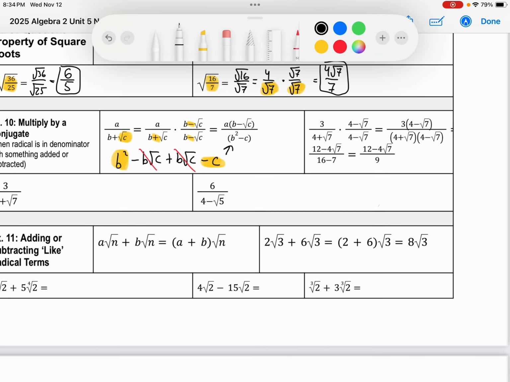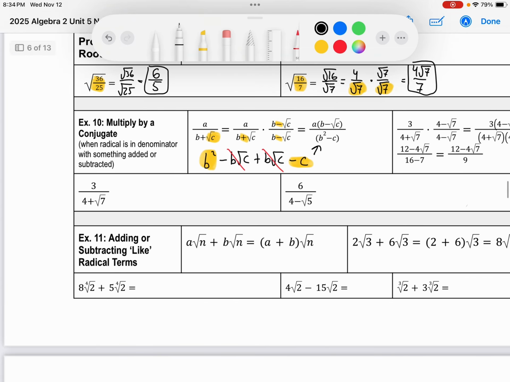So, for example, if we have 3 over 4 plus the square root of 7, if I want to get rid of that square root, I can multiply by 4 minus the square root of 7 over 4 minus the square root of 7. Again, we're doing minus because this is plus. We're doing the opposite here. So that would give me 3 times 4 minus the square root of 7